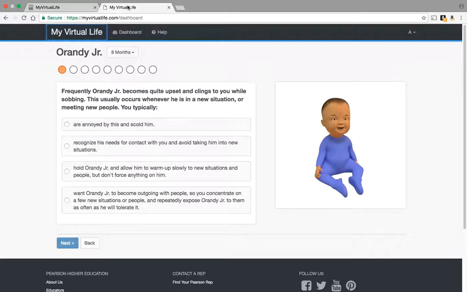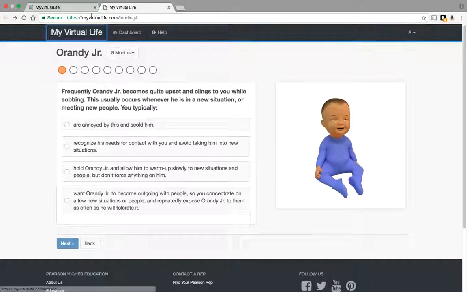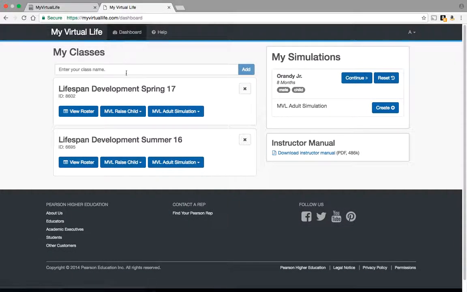Let me go back, sorry. Let me go back here. So that's the first part, the child component. Sorry, go back to the dashboard. The first part is the child component, and then the second part would be the adult component, where you would create